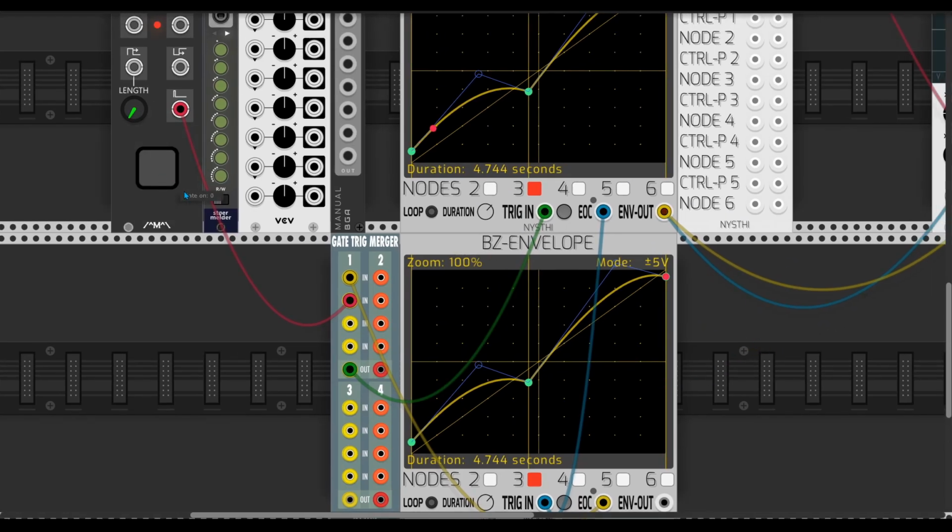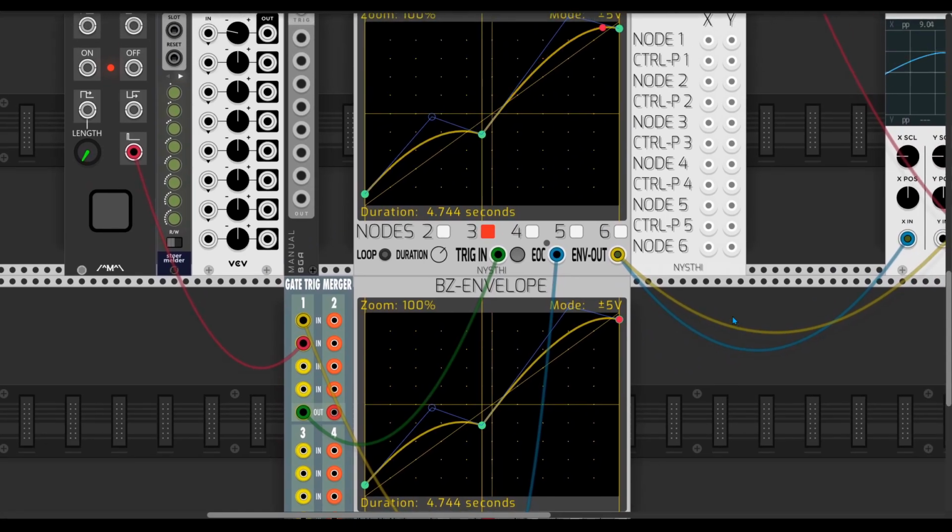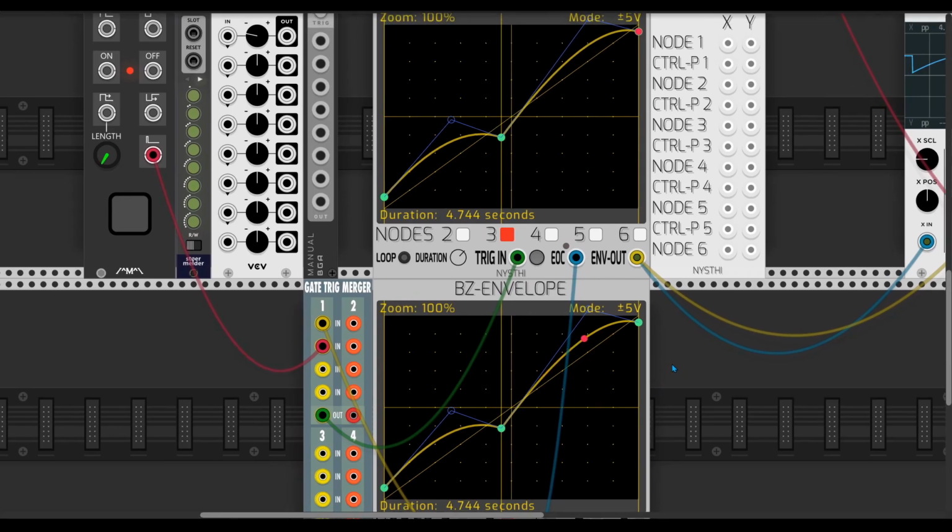So let's try it out. The first trigger comes in, and the trigger is sent to another envelope, and now it should be sent as well to the first one. So that generates some sequence between envelopes, and I think it would be useful for doing some envelope sequence or